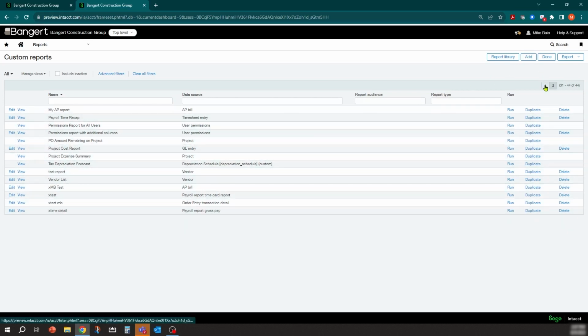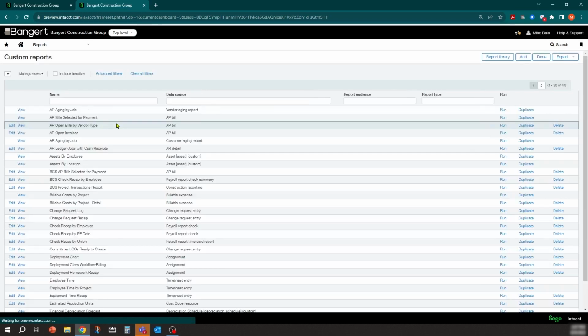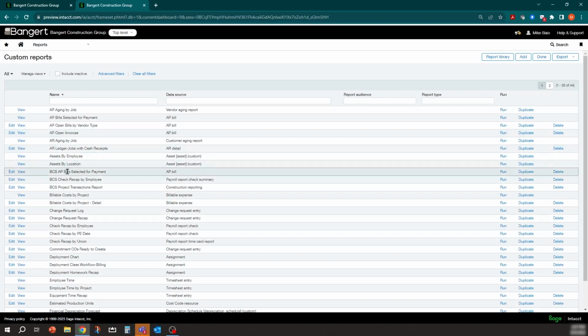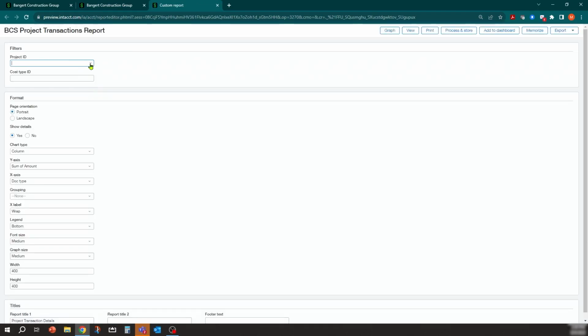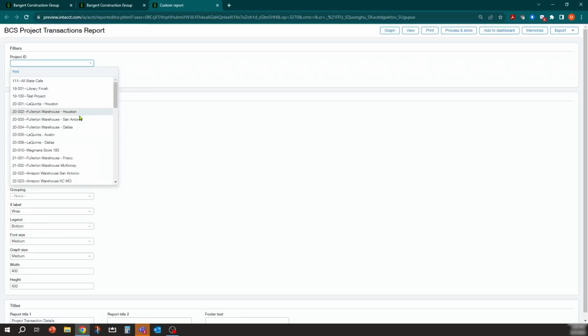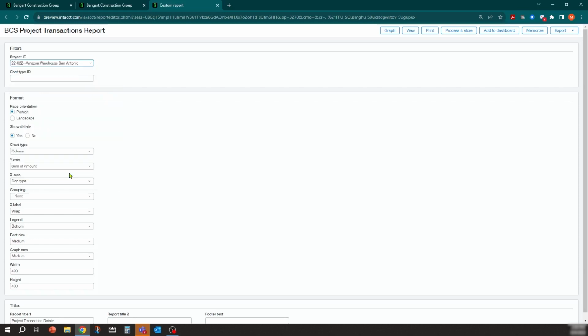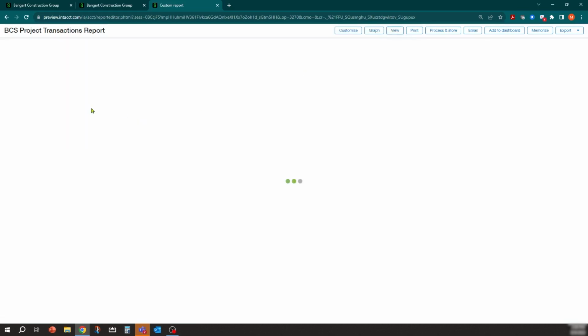And I went to the wrong page. Sorry about that. So if I go into BCS project transaction report, I can click run over here. And what you'll see is I'll have a place to filter it. I can say, just show me transactions for San Antonio. And do I want to make it portrait or landscape? Show details or not? But if I just click view, now you can see the way I built this was